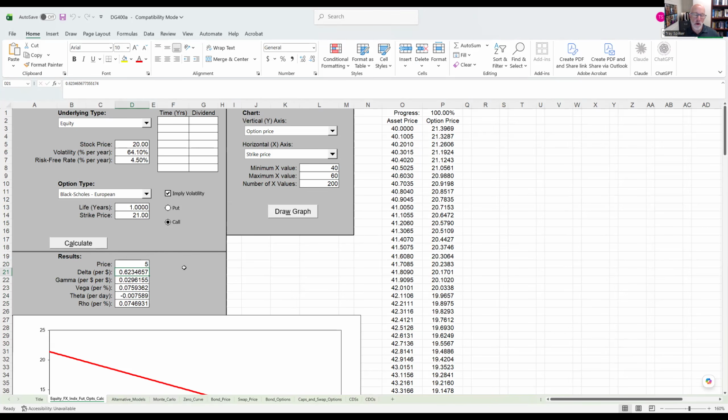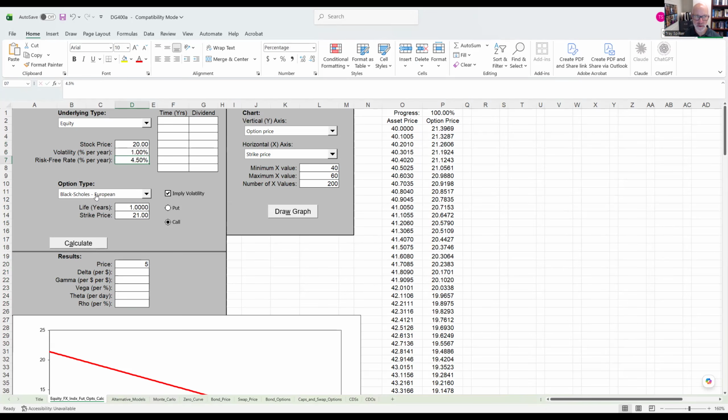There we go. So what is nice about this software is it can also calculate for you the implied volatility. So I don't know if you noticed what I just did there, but I cleared out everything here. You have to have something in for volatility. You can use any number that's positive. If you click this implied volatility button, here's what it's saying. On this particular option, with a stock price of 20,